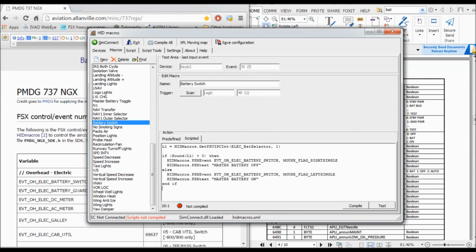You can copy and paste this entire code for other macros, for other buttons or switches on the overhead panel. That is the basics. Just change the FSX control event number for the PMDG 737 NGX, and also replace the offset with your desired command. After you're done with this scripting code, just hit compile, and everything will be ready for the FSX,